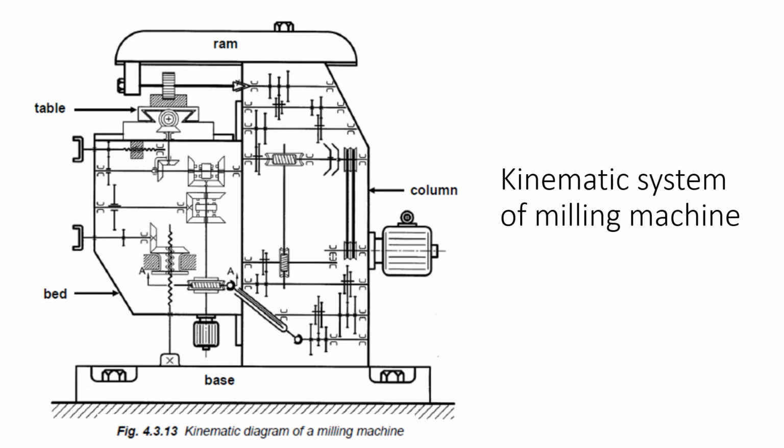Power is transmitted to the speed gearbox through V-belts and a safety clutch as shown in the diagram. For the feed motions of the workpiece, independently of the cutter speed, rotation of the input shaft of the gearbox is transmitted to the feed gearbox through reduction by worm and worm wheel as shown.